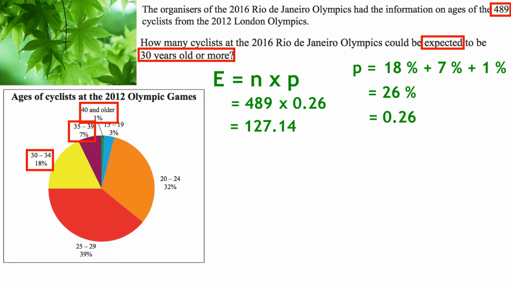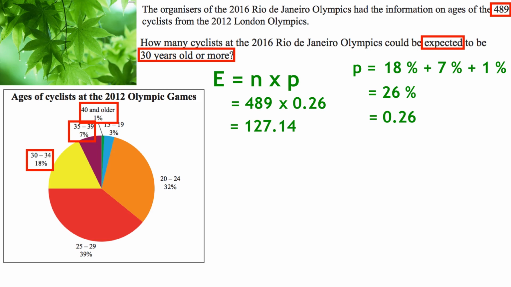So let's think about what it is that we've found. The question was how many cyclists could be expected to be 30 years old or more. So we're talking about how many cyclists. We can't have 0.14 of a cyclist. So that means we need to round this